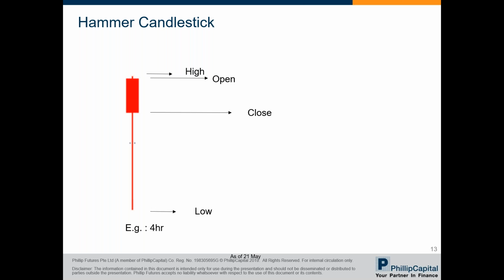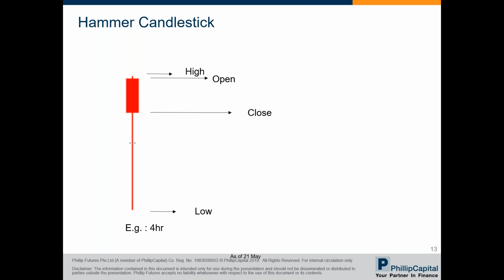In this example, let's assume this is a 4-hourly candlestick, which means it represents a 4-hour movement, instead of the whole day in the case of the daily candlestick before. This depends on the time frame your chart is using. So we are assuming this is a 4-hourly time frame. Just a quick one, you may want to look at multiple time frames to analyze both the long term and shorter term. Right, back to the hammer candlestick.